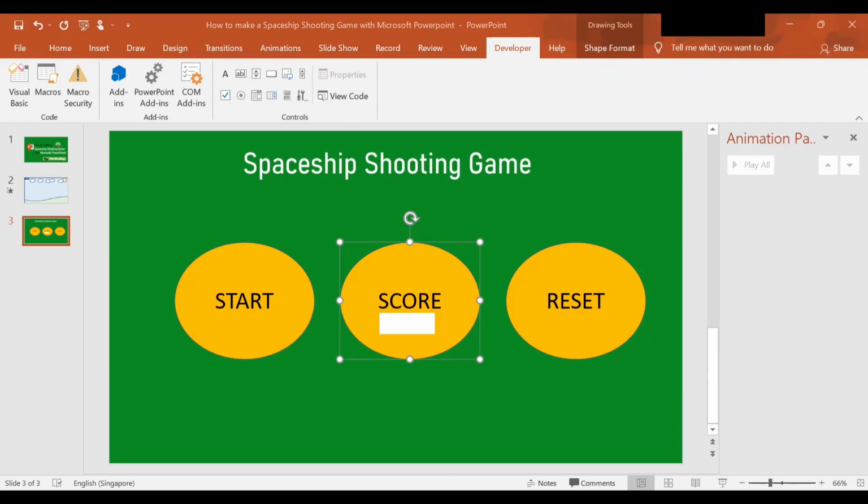After that, type slide 2 dot label 1 and dot caption equals to 0. Okay,